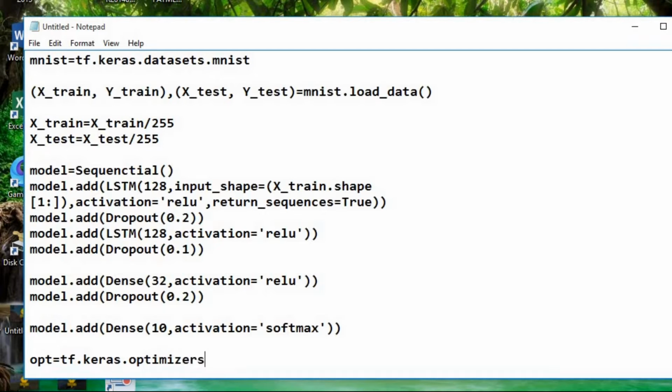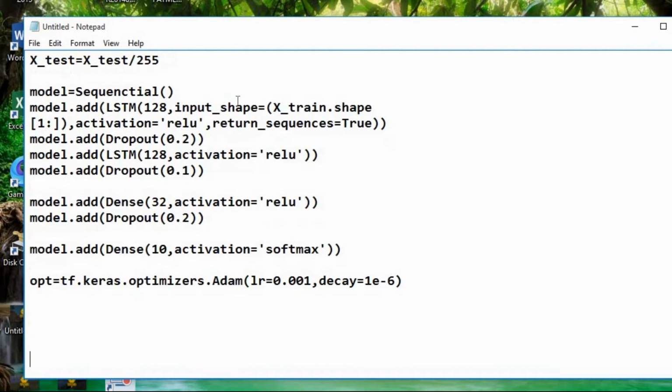Next, the optimizer we have to define. Earlier we had simply used one string, Adam, to define optimizers. In depth, if you want to define the optimization process with learning rate and a decaying step, then you can define lr as 0.001 and decay as 1 into 10 raised to minus 6.